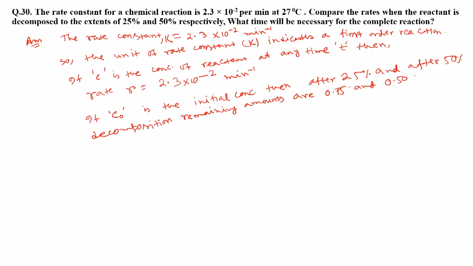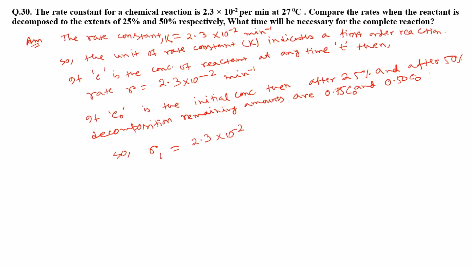So this is 0.75 C naught and 0.50 C naught. So R is, or R1, if we say R1 is